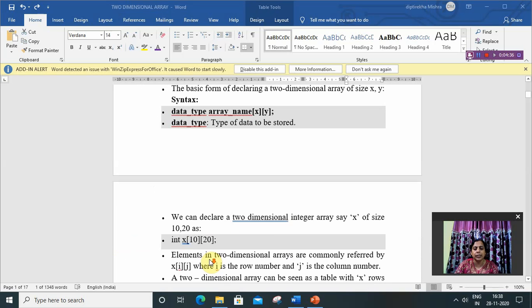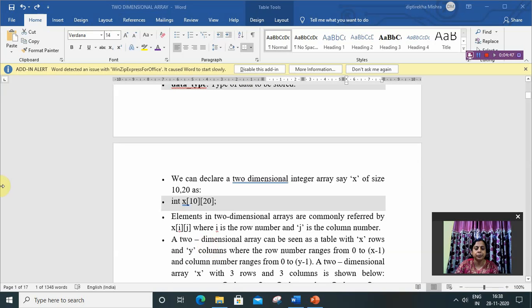This is an example: int x[10][20] means x is a 2D array having 10 rows and 20 columns. Elements in a two-dimensional array are commonly referred to by x[i][j], where i is the row number and j is the column number.